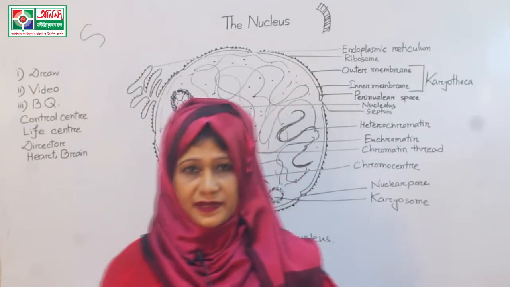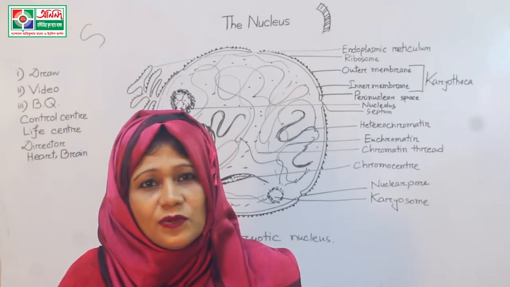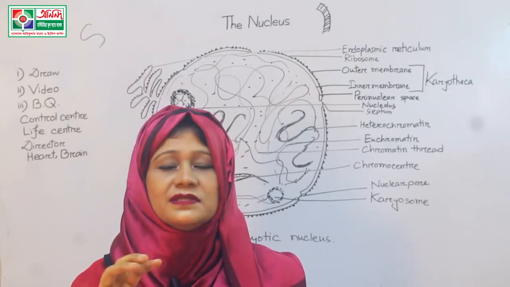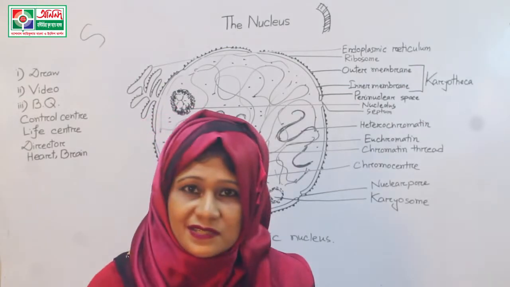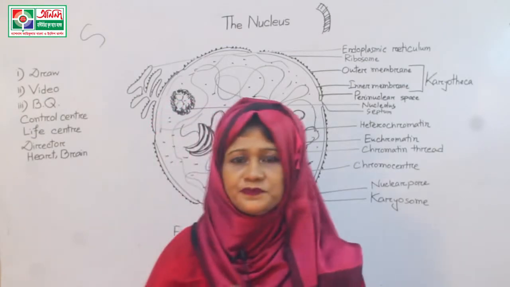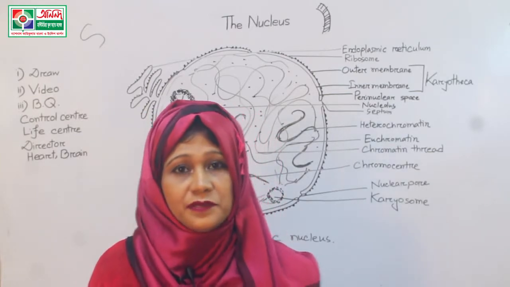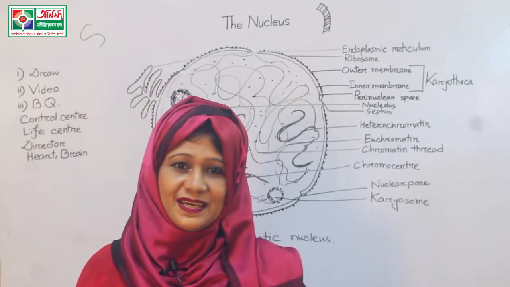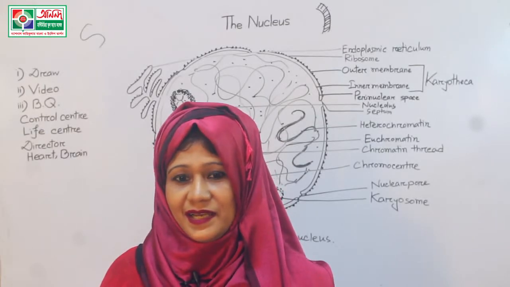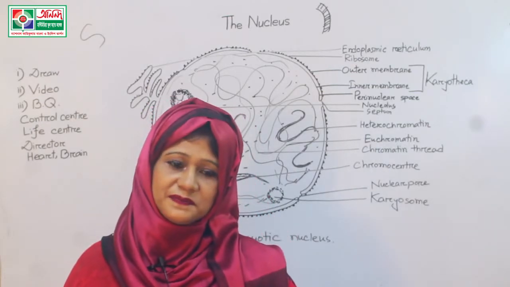And in the next para you can write about the nucleolus. What is the nucleolus? You know, the dense, darker, circular, membraneless structure of the nucleus is called the nucleolus, and it has a significant role in protein synthesis. It stores nucleic acid and helps in the formation of spindle fiber.